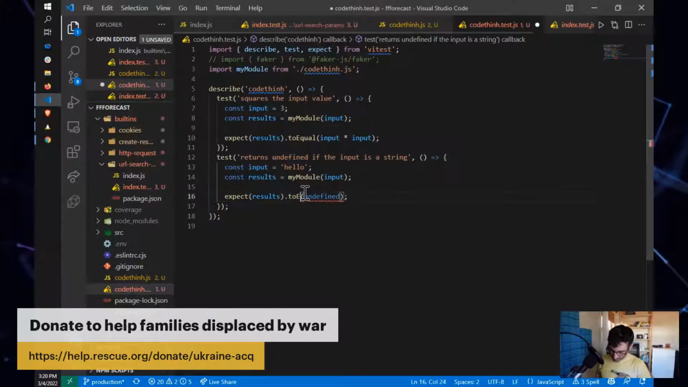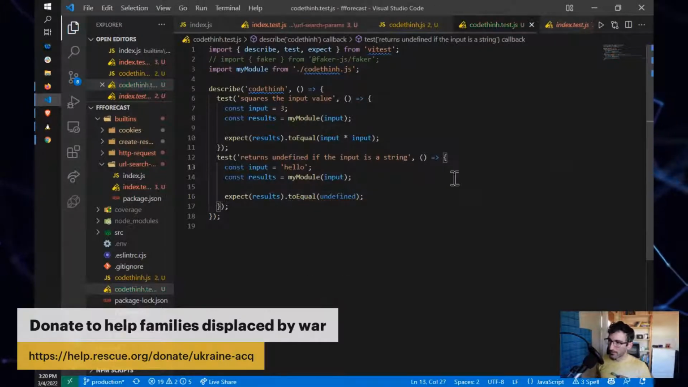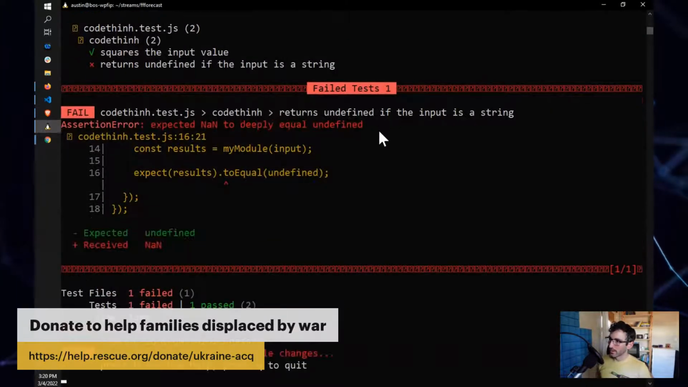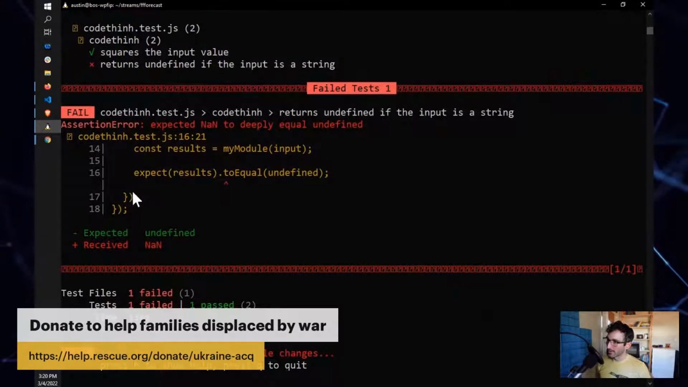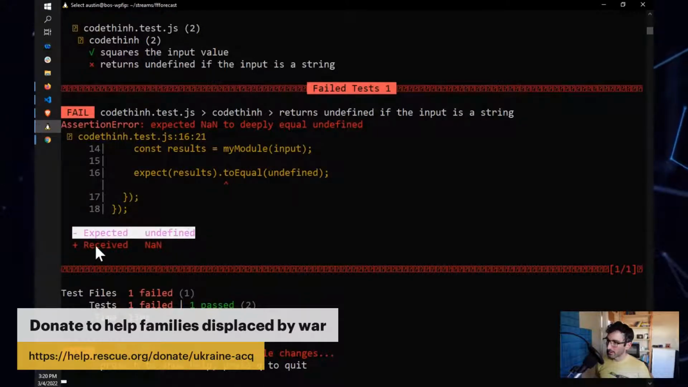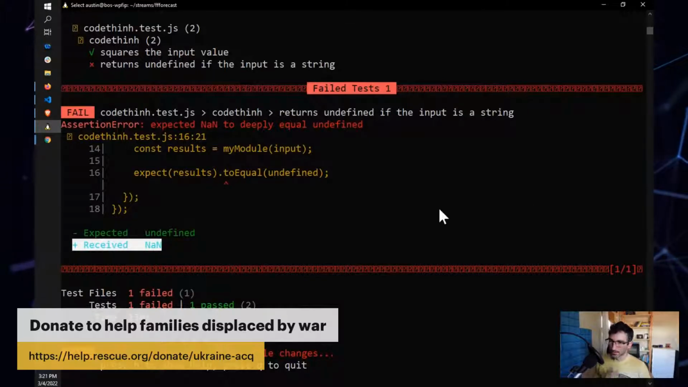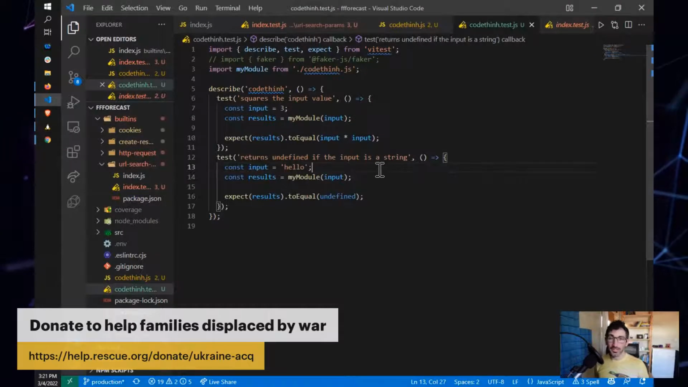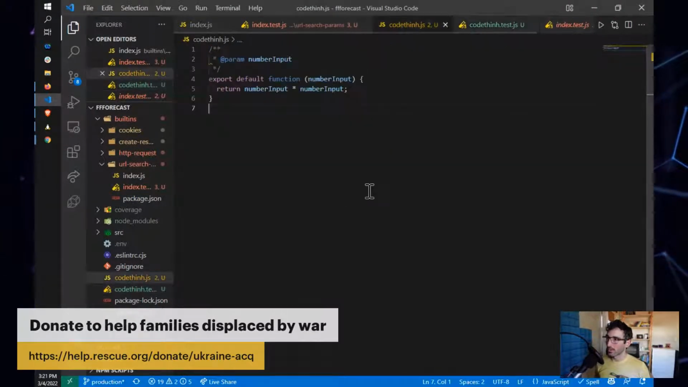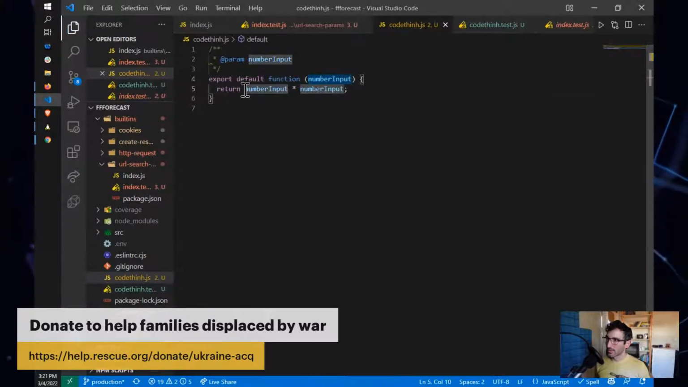Maybe I should use equal undefined. So when that reruns, now we get something else. You may not have noticed the difference, but by using toBe or toEqual, we actually get the expected value here and the value that we received. So this makes sense. It makes sense because it actually is a broken test, but it makes sense according to our code, right? If I were to pass a string in here and we tried to do a string times